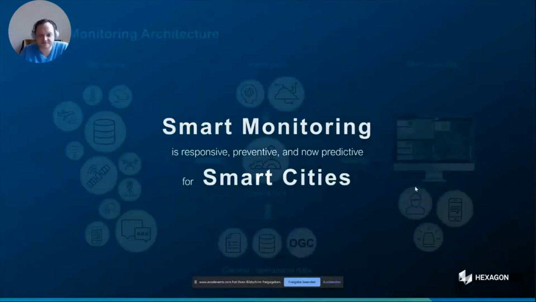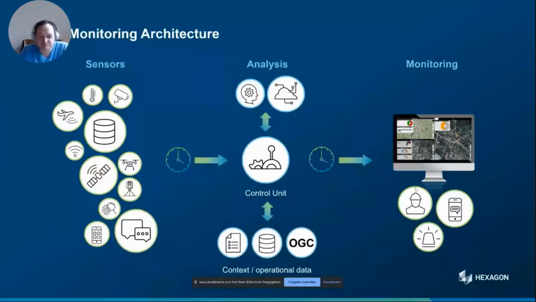You have to envision it that you have the different sensors available as your data source. It could be imagery taken by a plane. It could be information coming from a database or from a CCTV camera. So all of these different information sets are going to be included into our control unit. And you have to envision this control unit more or less as an instance of M.App Enterprise, enriched with some other technologies we provide out of the Hexagon family.